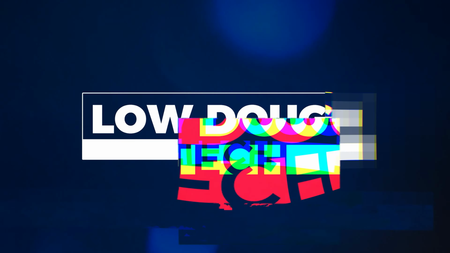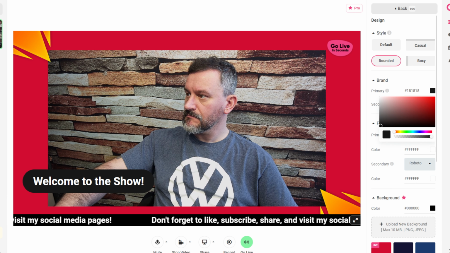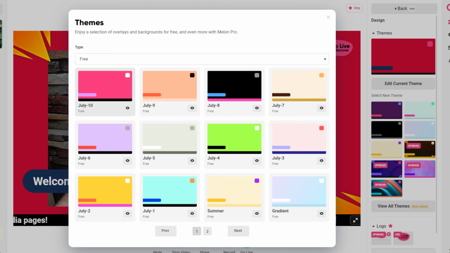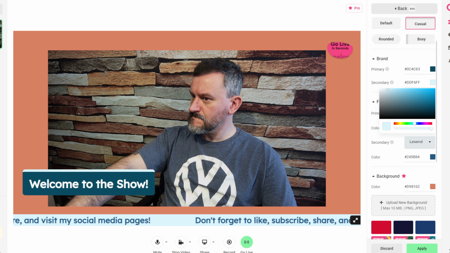And with that recap out of the way, I wanted to touch on some of Melon's new features that have been implemented over the past year to really take the service to a whole new level. And my personal favorite update with Melon is all of the available themes, and honestly, I think these look amazing. The free version gives you plenty of options to work with, and you will likely find something that matches your